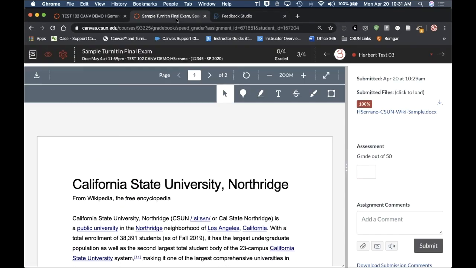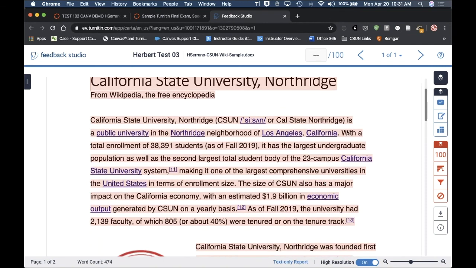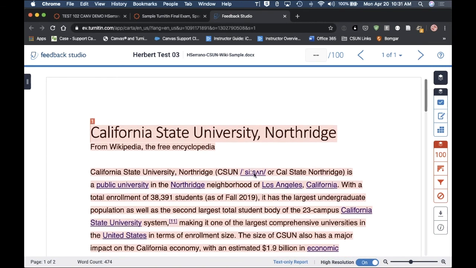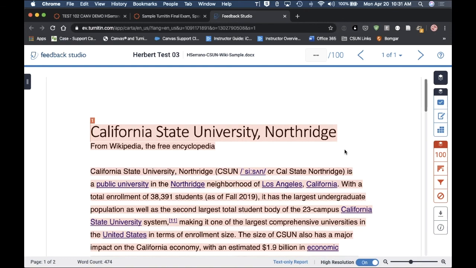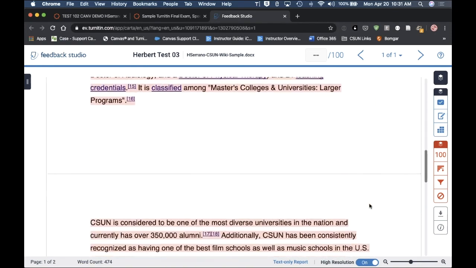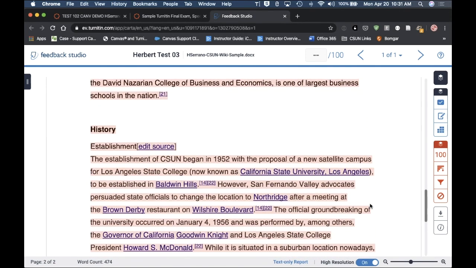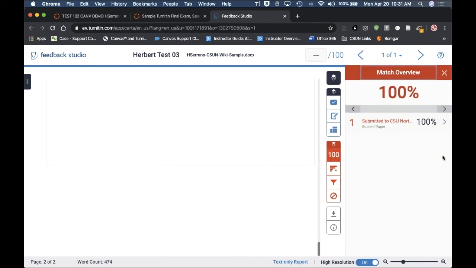So now I've clicked over from the similarity score in the SpeedGrader, and I'm now in the Turnitin interface. This is what you see as the teacher. So here, everything is highlighted this pink color. That means that it has been found in a different submission, or it's been found on a website, or it's been found somewhere. So that's what this is telling us. So now when I click here on this 100 match overview,